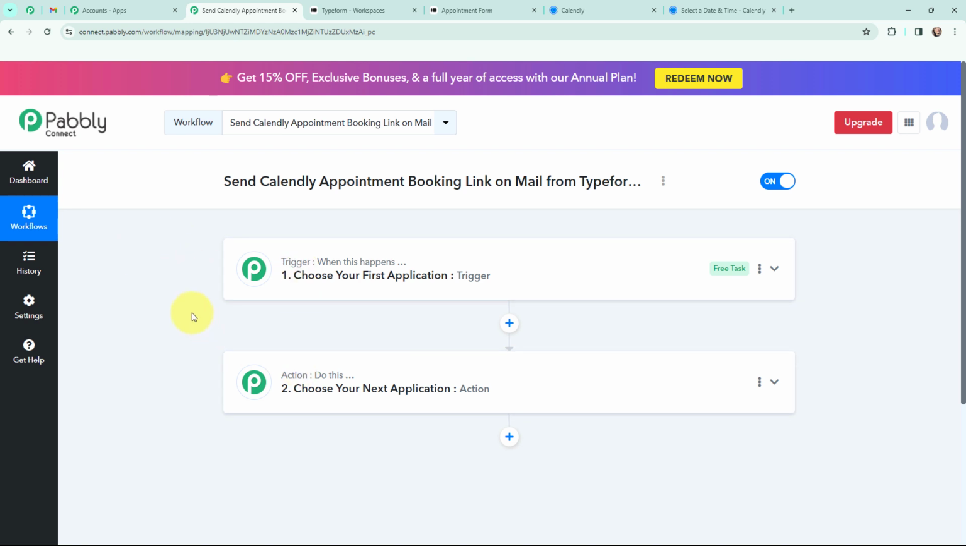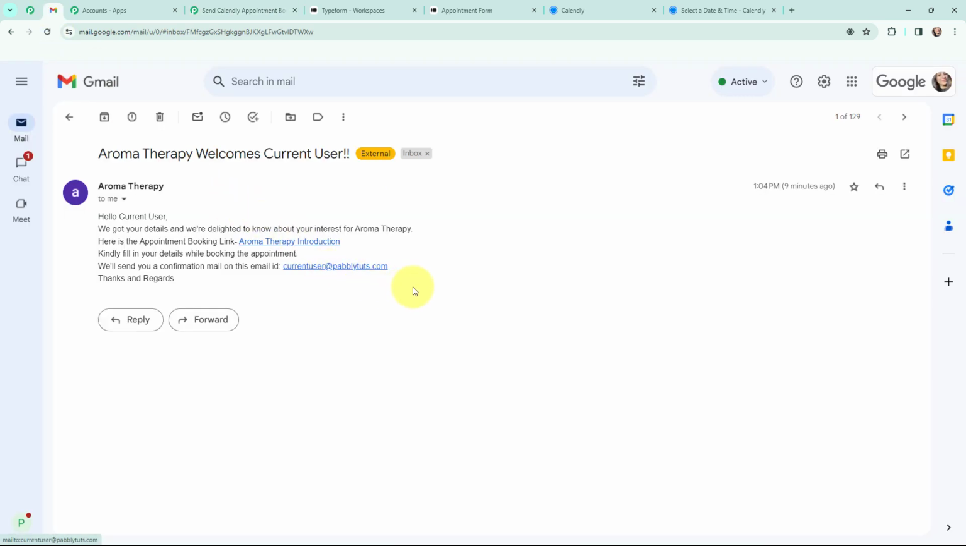So basically, trigger and action are the two most important principles or concepts of Pabbly Connect on which this entire automation will depend. Trigger says when this happens, action says do this. Action is an automated response of a trigger application, and in a workflow you can only have one trigger but multiple action applications. So now moving to my use case, that is to send Calendly appointment booking link on mail